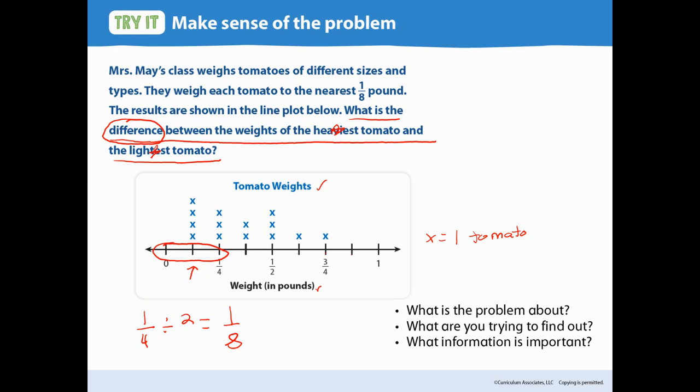And that would also give me the same answer of 1/8. So yes, I could do 1/4 because this is a fourth. I am looking for half. So 1/4 divided by 2 equals 1/8. Now, once we do that, guys,